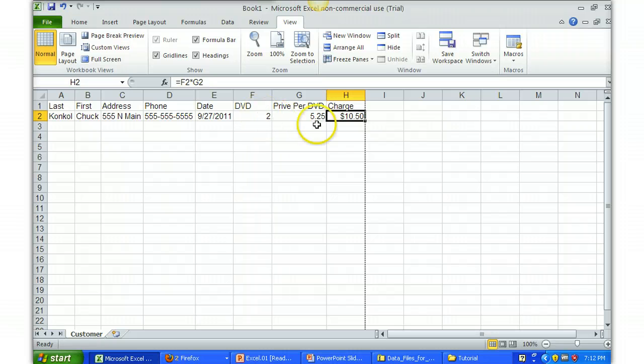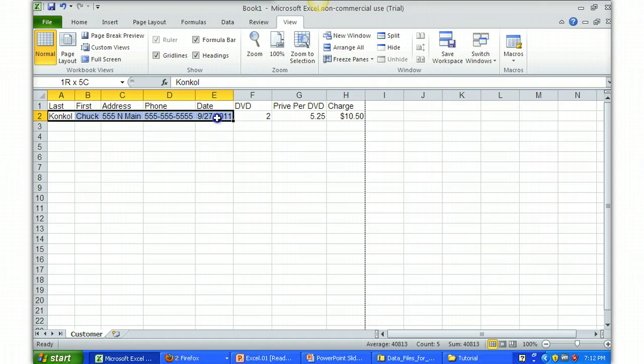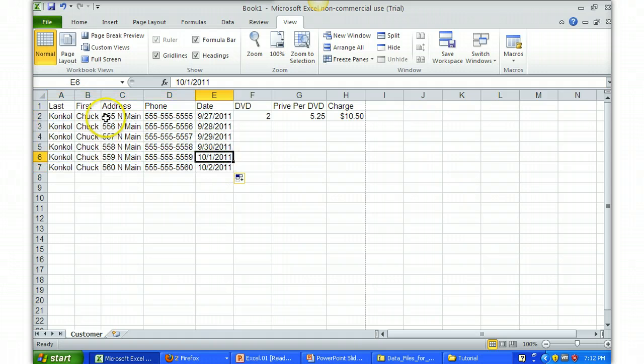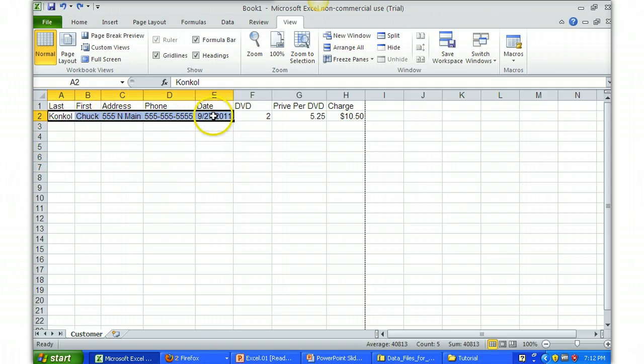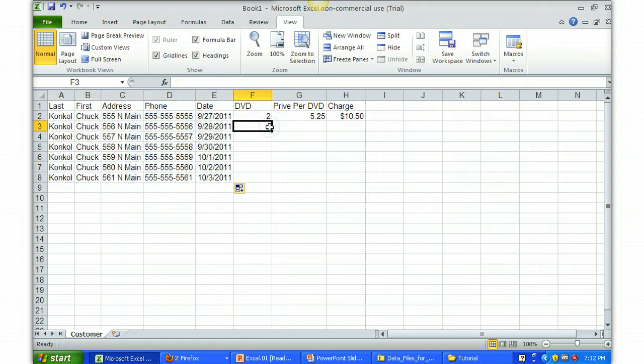And I've just formatted this whole column to be currency. And what's really neat about it is I'm going to pretend that I've already entered a whole bunch of information here. I'm just going to duplicate this information. One of the things I just showed you was that Excel allows you to highlight an area, whether one cell or multiple cells, and then this little black box allows you to click on it and drag it down to duplicate. I'm going to do the same here, but I'm going to change the numbers to be a little different just to show you